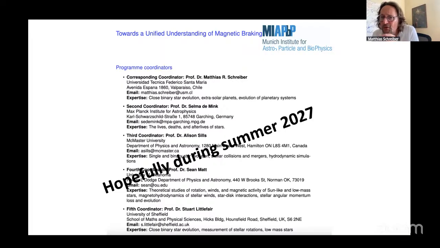So the white dwarf is only synchronized in polars. In intermediate polars, it's synchronized with the inner edge of the accretion disk, which is different. And in non-magnetic white dwarfs, I think it's really hard to measure. I think there are just a few attempts to measure the rotation of the white dwarf in non-magnetic CVs. It's really hard because you have the accretion disk, and to really find the period of the white dwarf. I think there are some estimates from Paula Szkody a few decades ago. I'm not 100% sure if I trust them too much, but